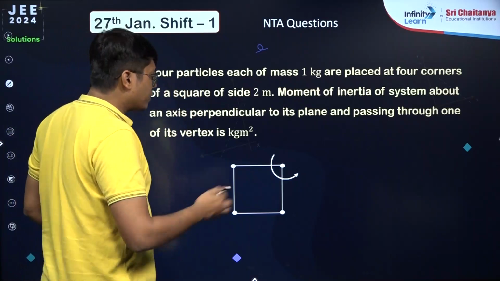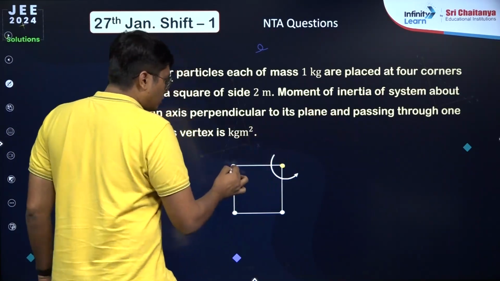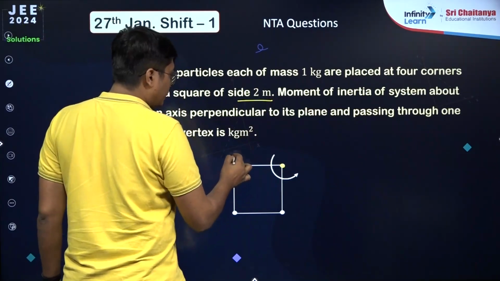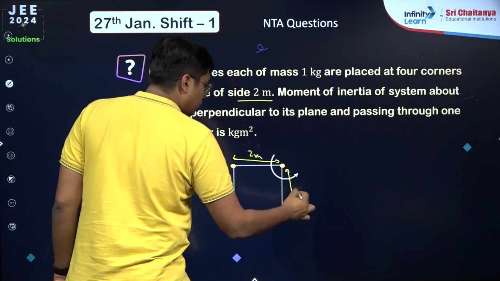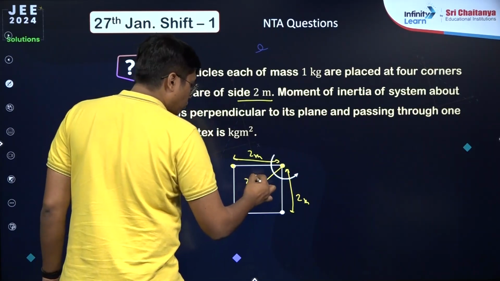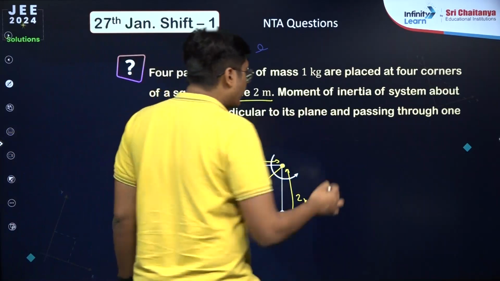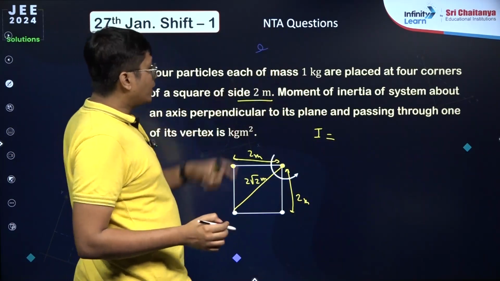So simple question, the axis passes through this end. If the side is 2 meters, there is a mass at a distance of 2 meters, another mass at a distance of 2 meters, and the last one is at a distance of 2 root 2 meters because it's a diagonal. So the total moment of inertia is equal to